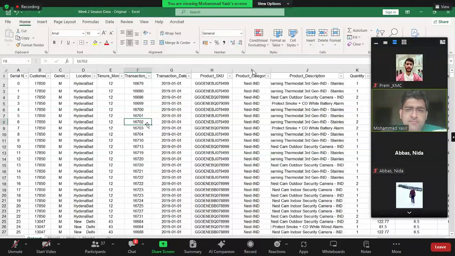There have been multiple upgrades in 2015, 19, 23, whenever there has been a major Windows upgrade overall or Office upgrade overall, right? So we try to cover the majority of those features which are used day in day out by analysts, and we'll also cover the different types of use cases which Excel helps us in solving, right?